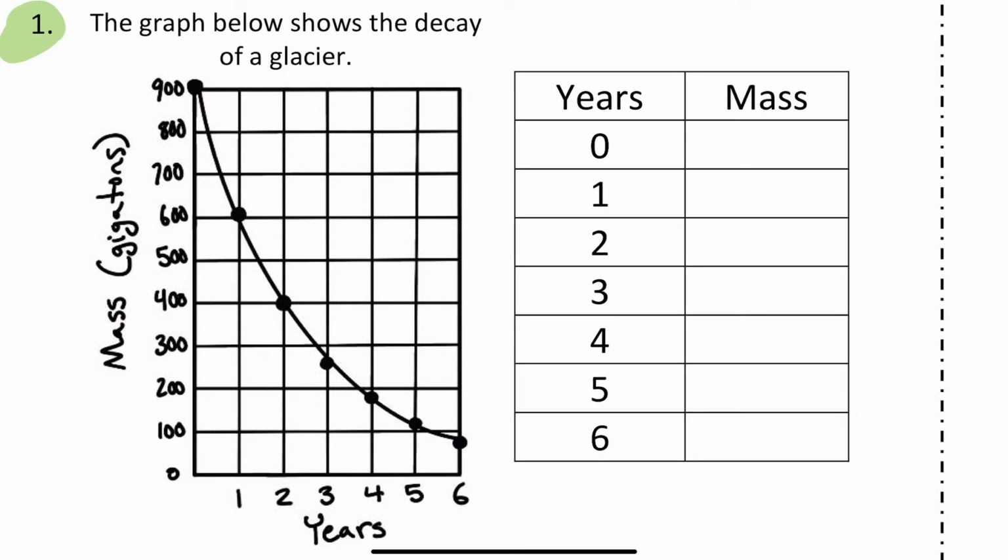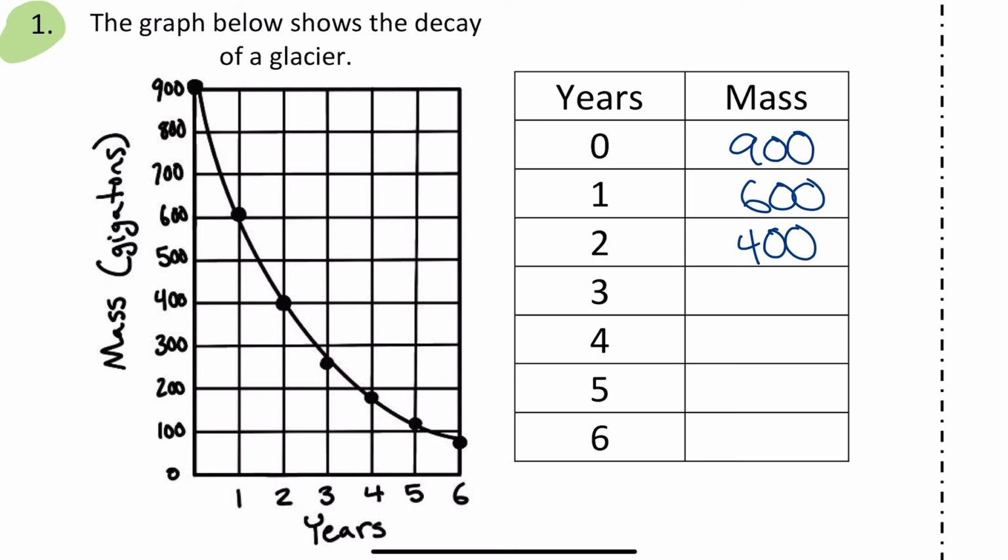I'm going to start with 0, because that's where we're starting here. So 0 is down here, and we're going to go all the way up. Looks like we hit 900. So I'm going to go 900. Then we need 1. At 1 year, we're at 600. At 2 years, we're at 400. And then at 3 years, we're at,